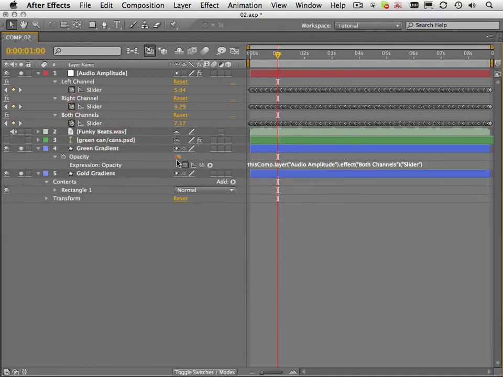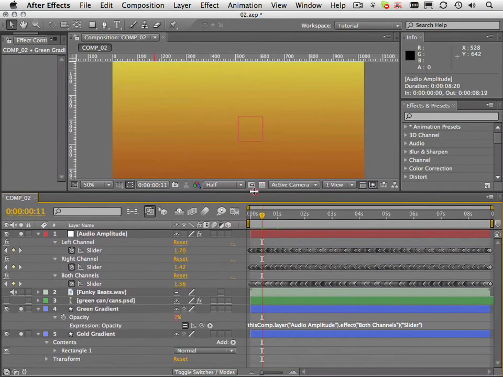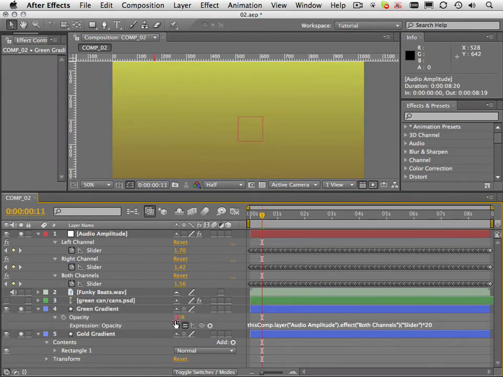And you can see the value is quite low, 7%. Let's just come down to here. And it's quite difficult to see what's happening because that's just not transparent enough. See 2% down there. So we need to multiply this returned value by a number. So if I say multiply by 20, now we've got a value of 31. Let's just have a look at this. We get up to 100 there. If we just preview this,